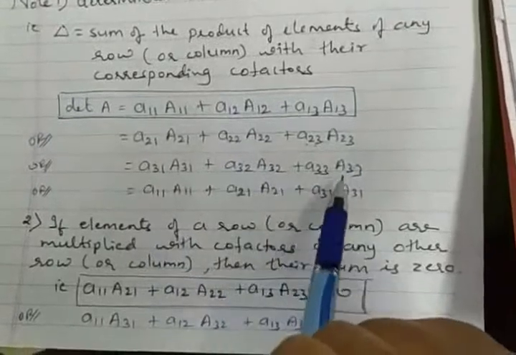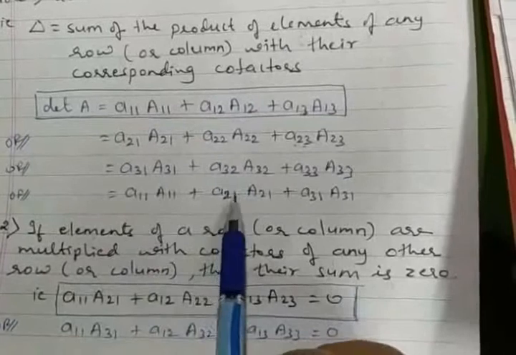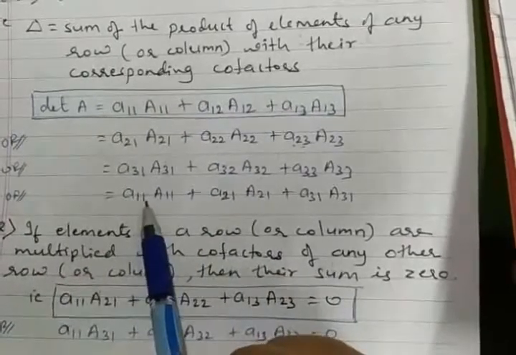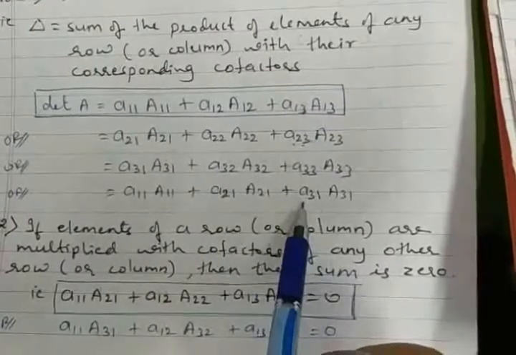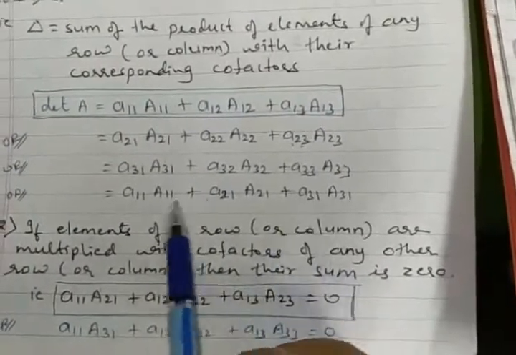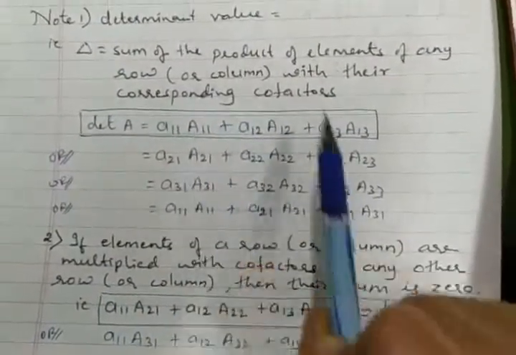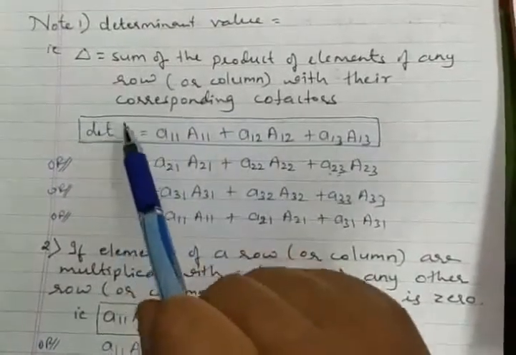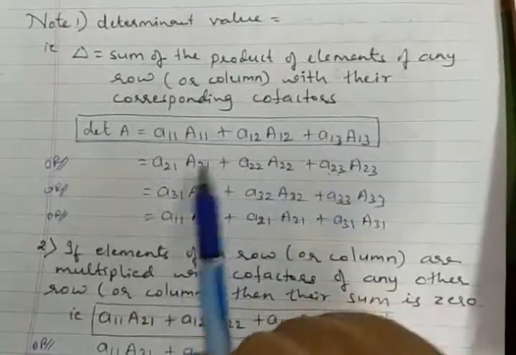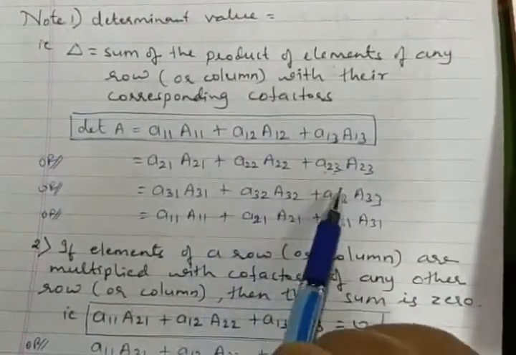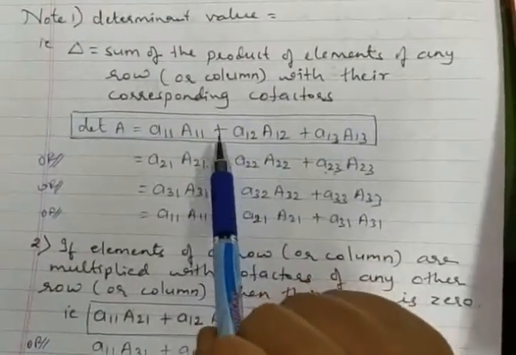And the third row, also I had taken here, column wise. All the elements of the first column I had taken. You can make a note: first row first column, second row first column, third row first column. So all the first column I have taken here. So that means this note will give you an idea. The determinant value can be calculated not only by expanding the first row, you can go for the second row, the third row, or the first column also. But normally this is the best practice, what we had done already.